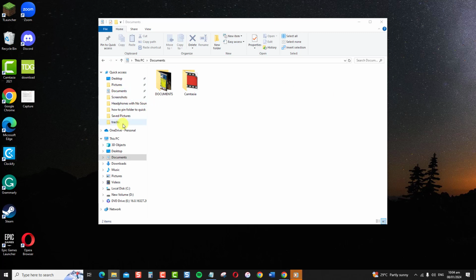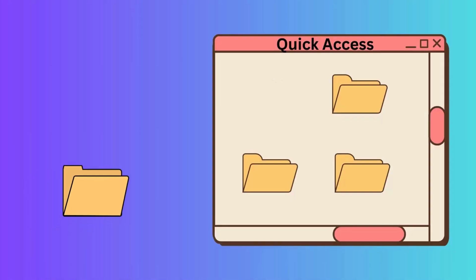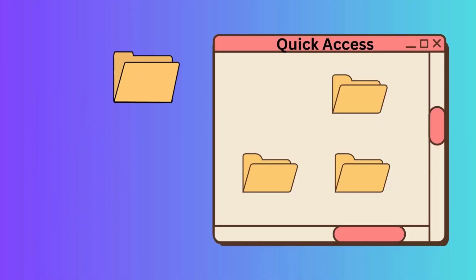Additionally, if you want to remove a folder from the Quick Access section, simply right-click on that folder and then select Unpin from Quick Access. So if you have a folder you use often, take the few seconds to pin it